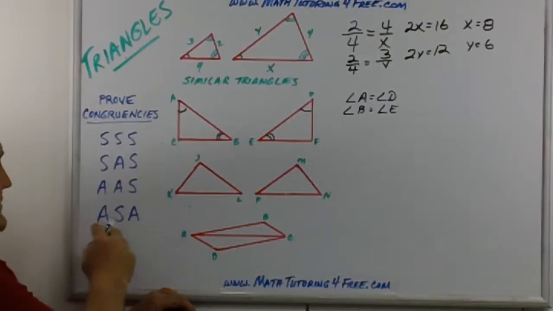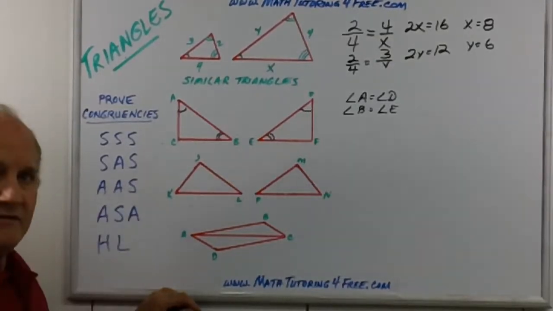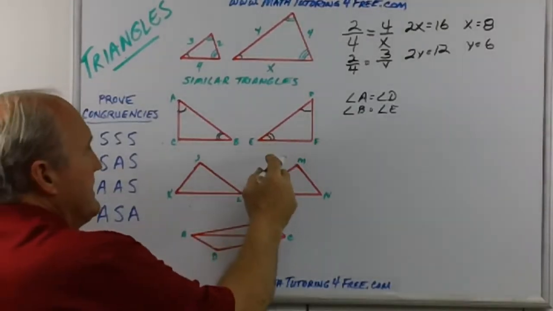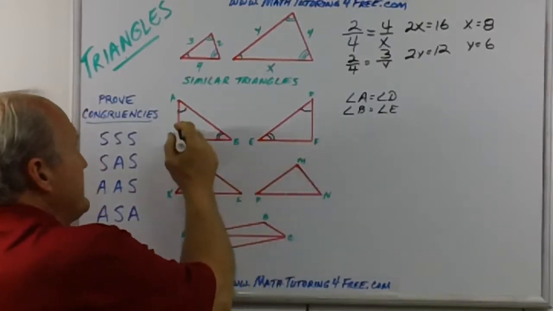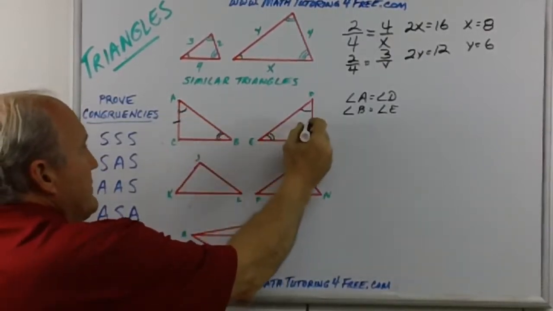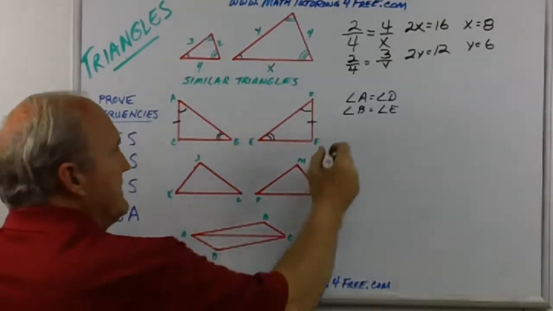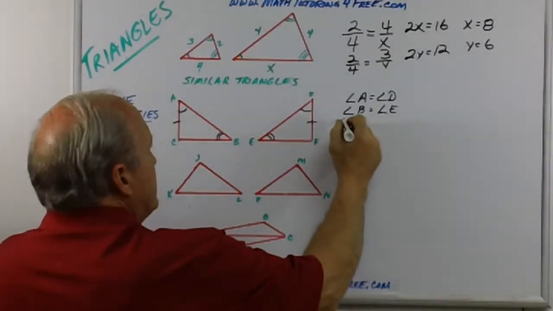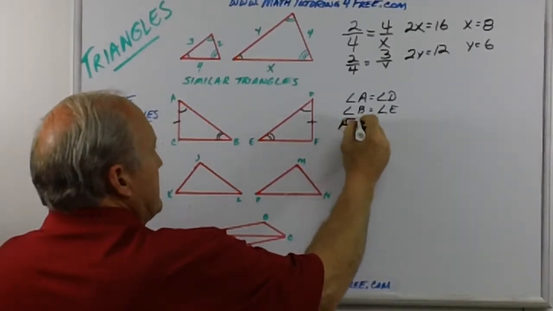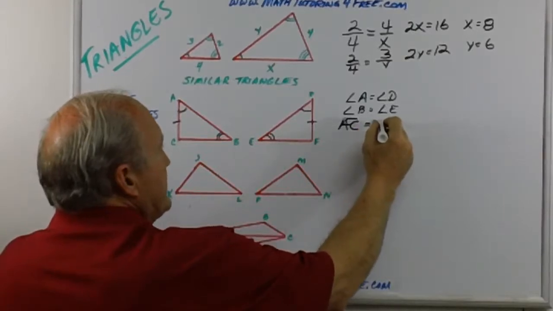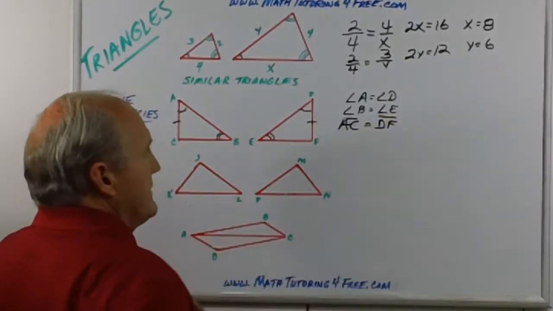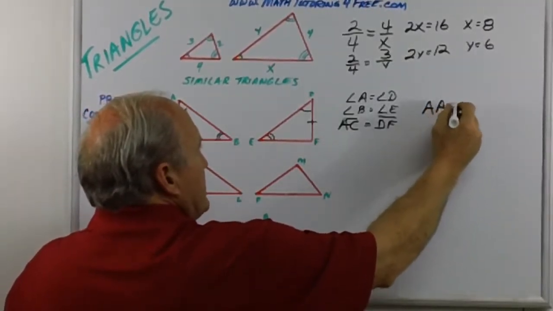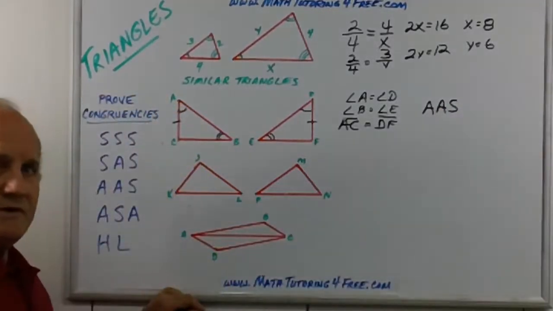Well, here we say if we have two of the angles and any one of the sides, we'd be able to prove it. Is it any one of the sides? Yes. Angle, angle, side. So if they happen to tell us that side AC is equal to side DF, okay, then we can say these triangles are congruent by angle, angle, side, and once we know that,